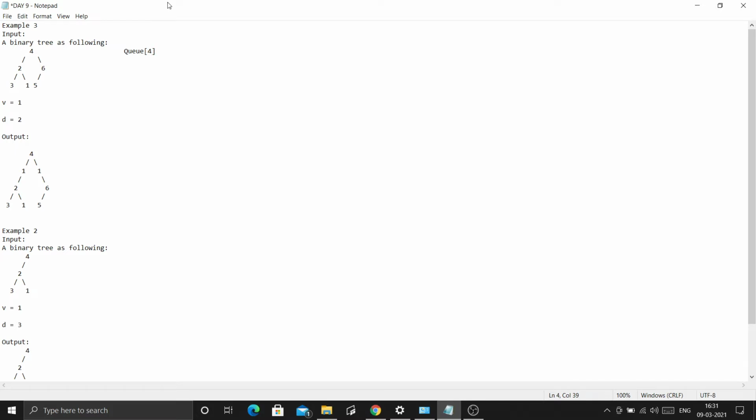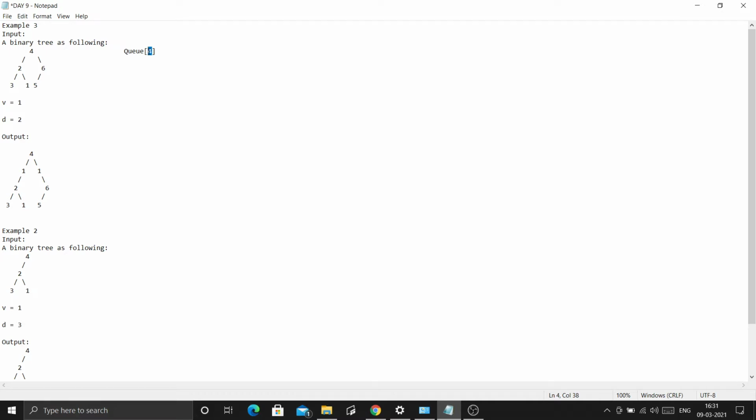Then I will search for the depth. Here depth is 2, and I have to insert at this level. Value 1 is to be inserted at this level. So I will stop here and insert in the left and in the right, value 1. Okay, you can see here. So if I found level 2, then I will insert 1 and 1.